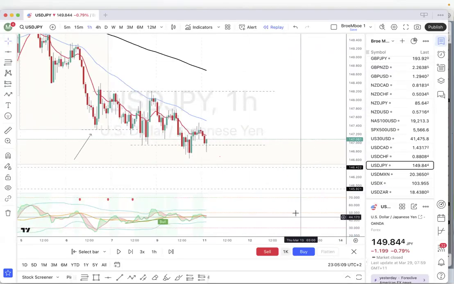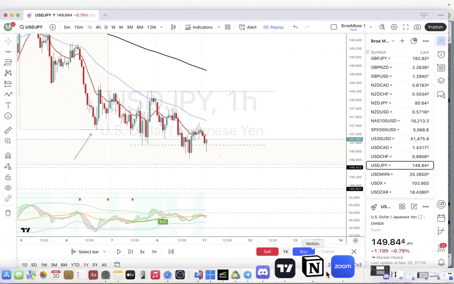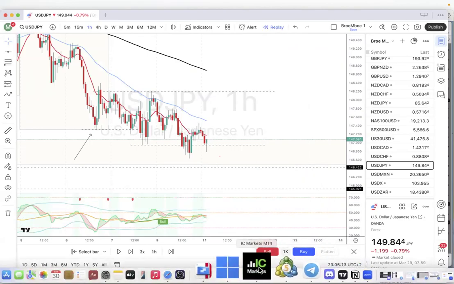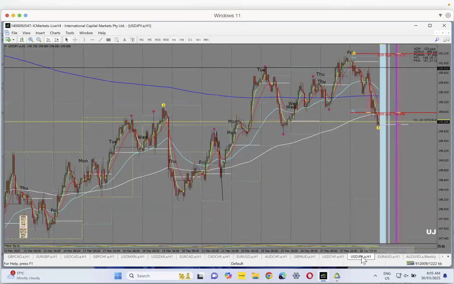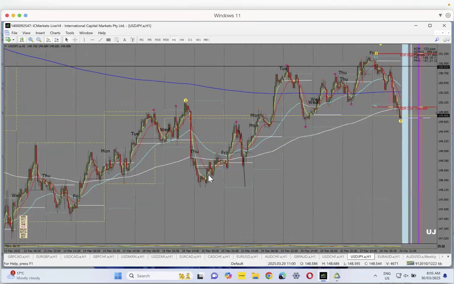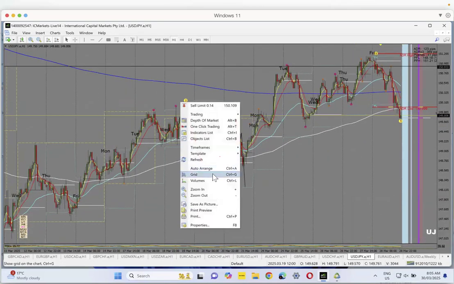If I come to my MT4, all right. These days I love using TradingView because of the ease of marking and all that. But I'm not saying don't use your MT4. It's good to use your MT4. Then what I do next